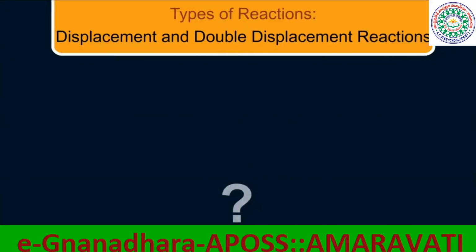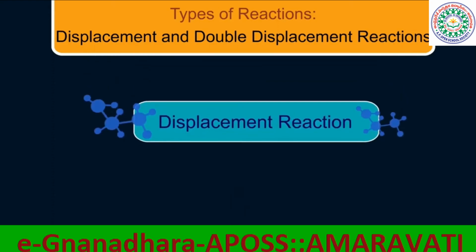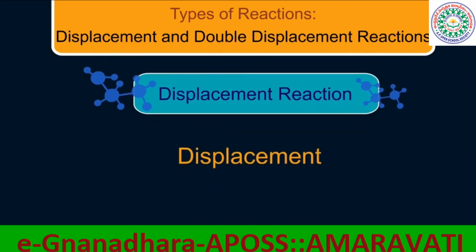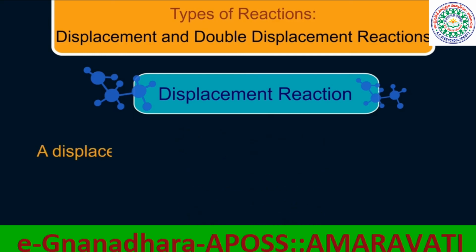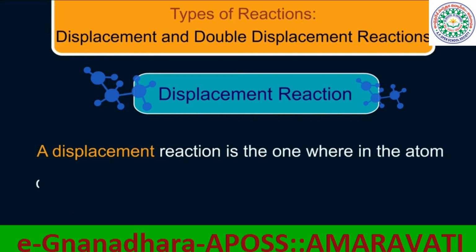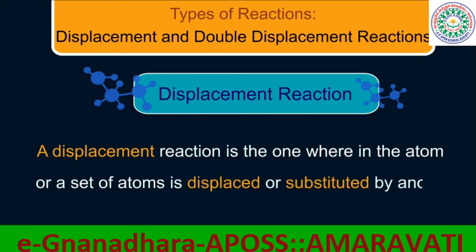Let us now begin with our first topic, which is displacement reaction. So, the word displace tells us that it means we are displacing or substituting something, right? So, how do we define displacement reactions? A displacement reaction is the one wherein the atom or a set of atoms is displaced or substituted by another